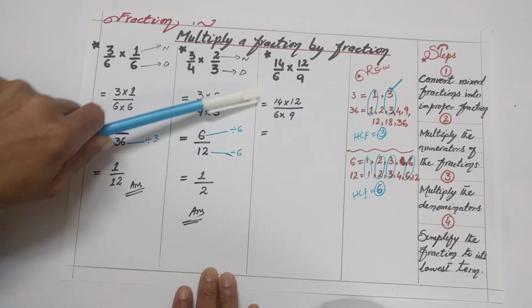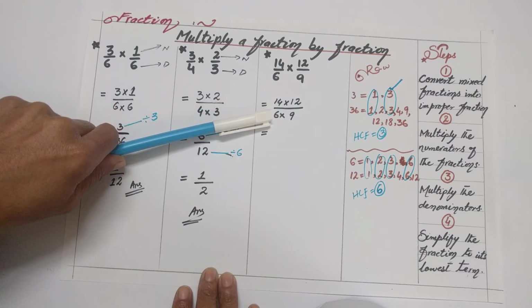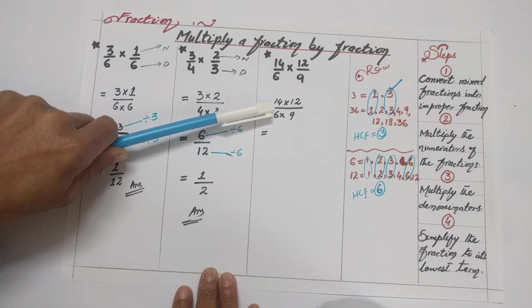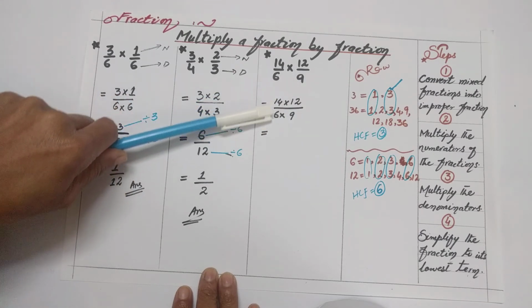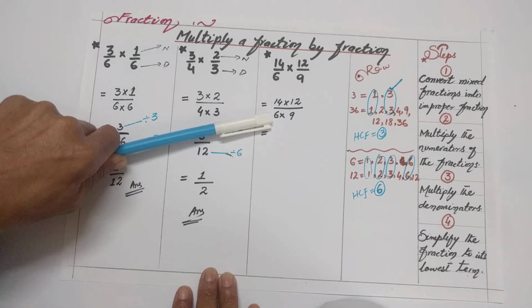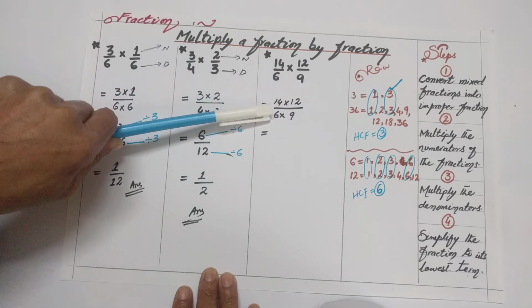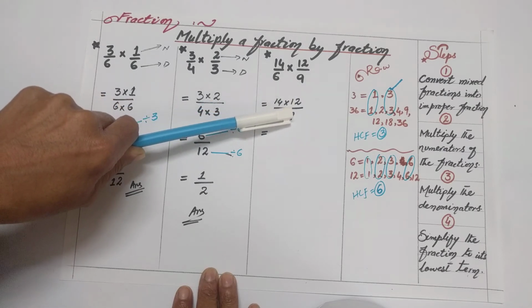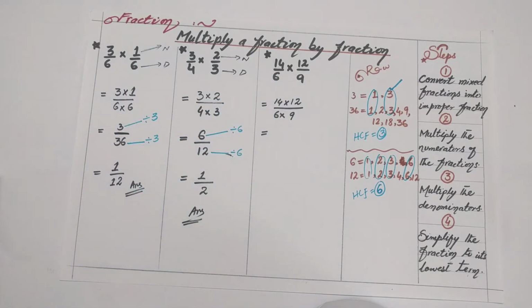It means there are different methods to find the common factor. You can divide the numerator and denominator by the same common factor, by any method. As I told you, different methods. 2 is the common factor of 6 and 14, so you can divide 6 and 14 by 2. 6 is the common factor of 6 and 12, so you can divide 6 and 12 by 6. 3 is the common factor of 9 and 12, so you can divide 9 and 12 by 3. So it's up to you which one will be the easiest way for you.